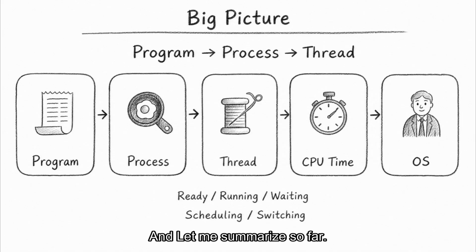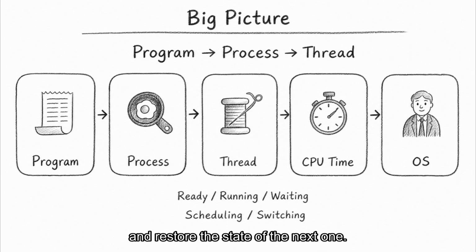Let me summarize so far. A program is a bundle of instructions stored on the storage, and a process is that program in the middle of actual execution. A thread is a flow of execution that actually moves inside a process. Memory structures include code, data, heap, and stack, and process states are ready, running, and waiting. And during the process, it uses context switching to save the state of the previous task and restore the state